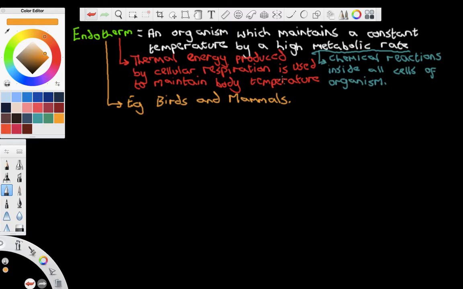We can class endotherms as a homeotherm. Homeotherm. Now, a homeotherm can be defined, if I can spell homeotherm,